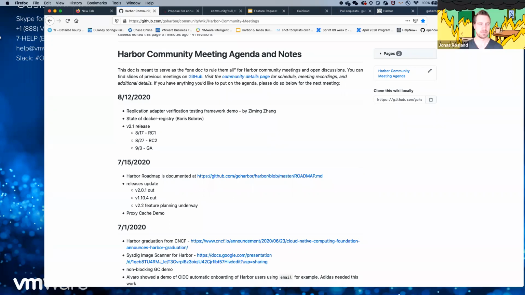Yeah, I'm just taking a look at the distribution repo right now. There's not a lot of activity in the registry portion of it. There are two commits essentially since March.